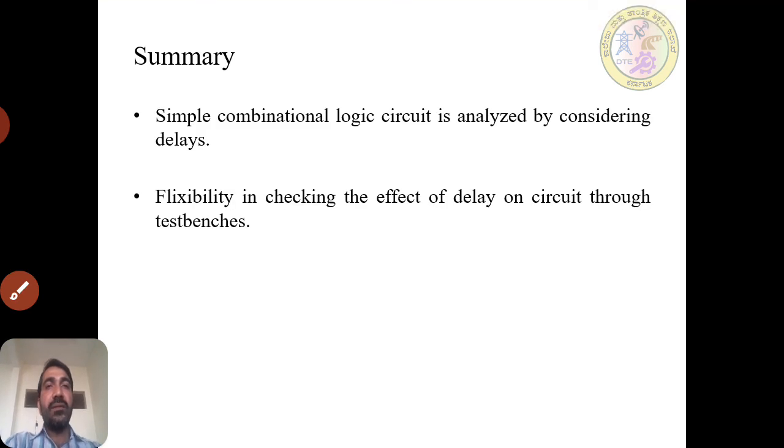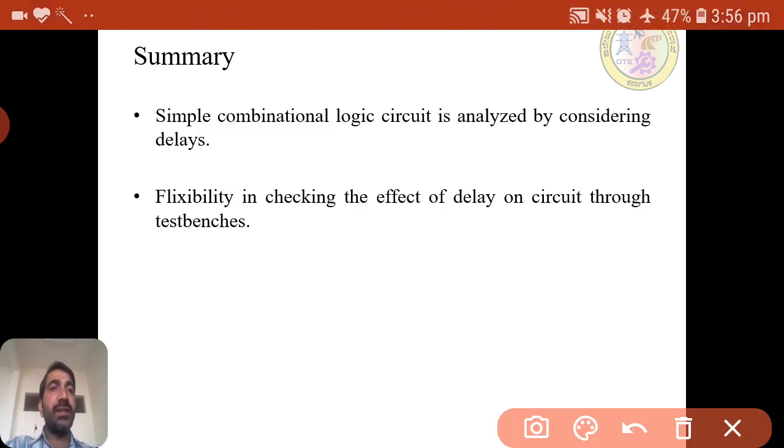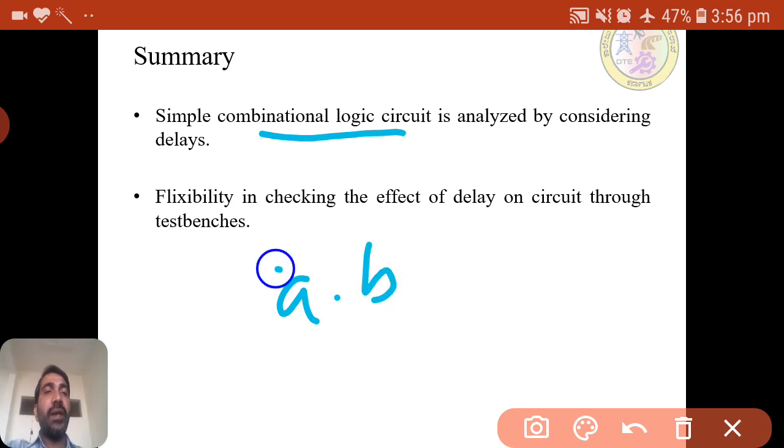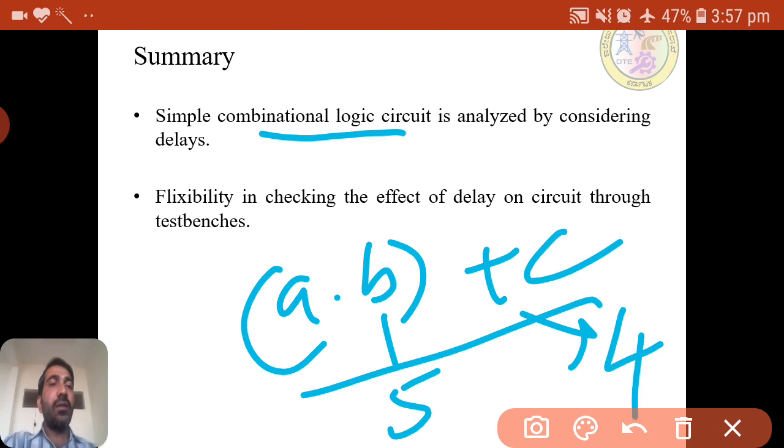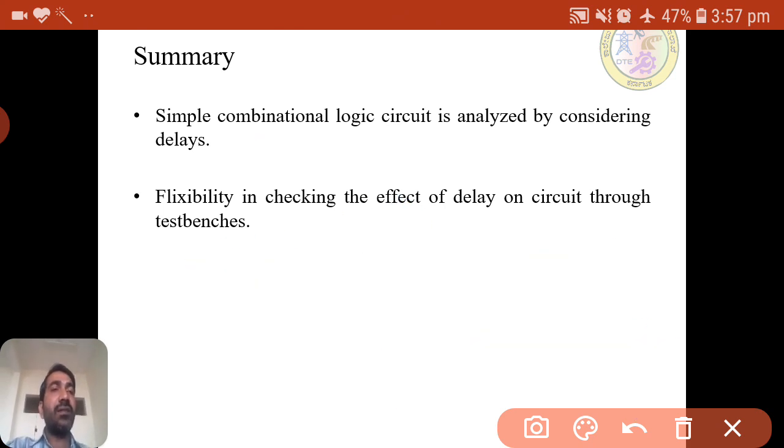Okay, so this is all what you have seen in this session. We have taken a simple combinational circuit, that is A dot B plus C, as the example, and we have considered the delay for AND gate is 5 and for OR gate it is 4. By considering the delays, we have analyzed the effect of the delay.